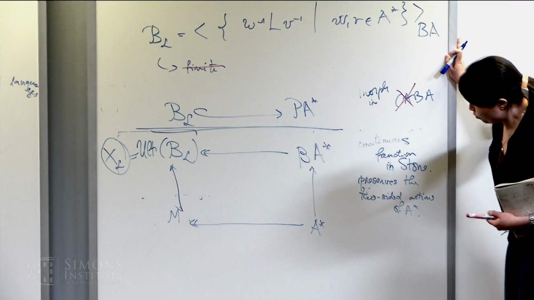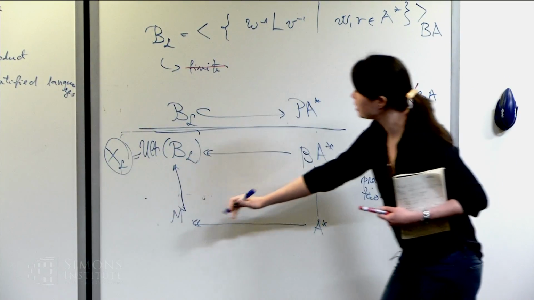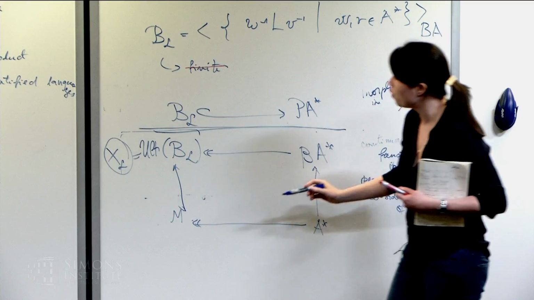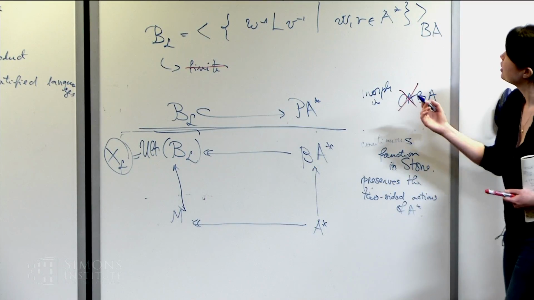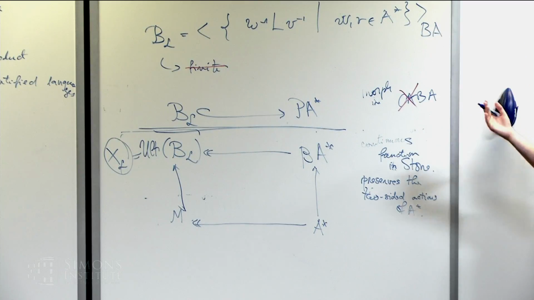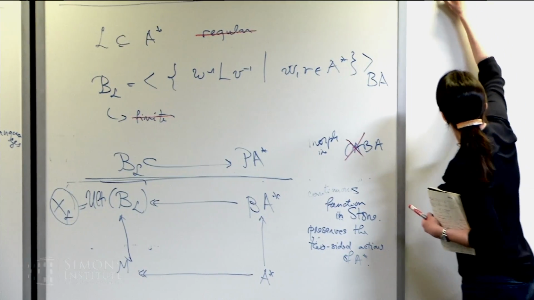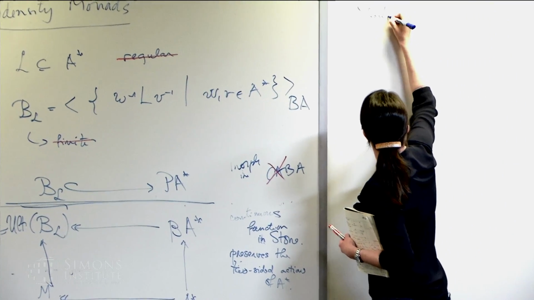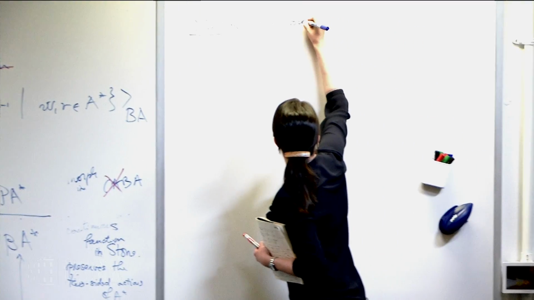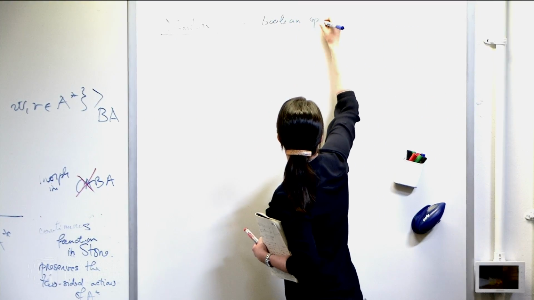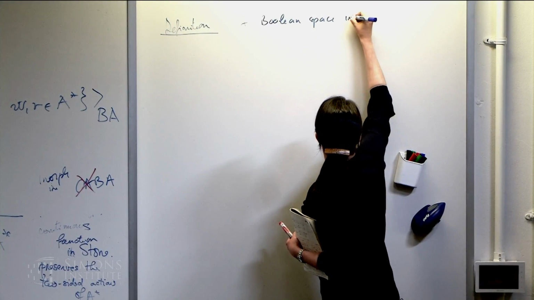So we can define, from this picture, one can distill what would be a right notion of recognizer in the case of a language which is not necessarily regular. And we come up with the following definition. Boolean or Stone space, I mean, I use this with an internal monoid.